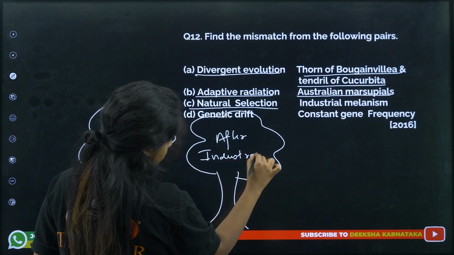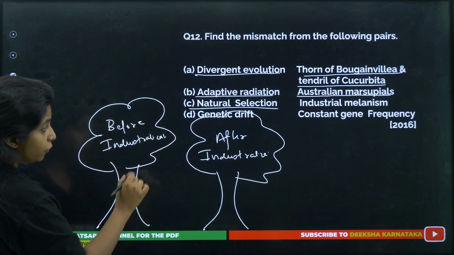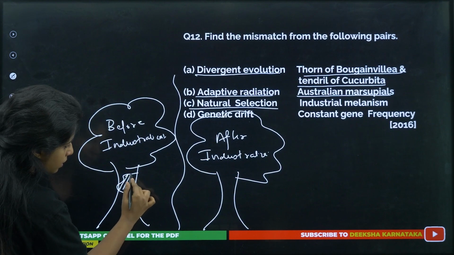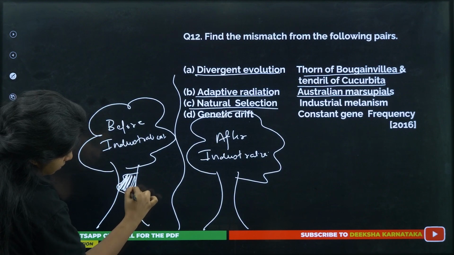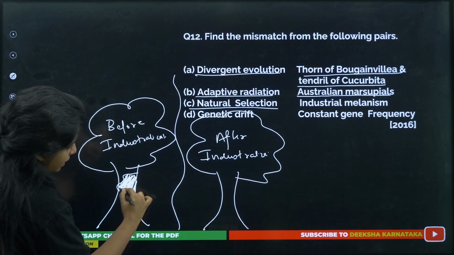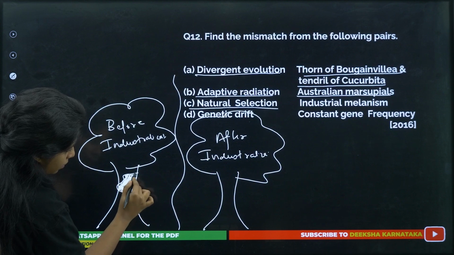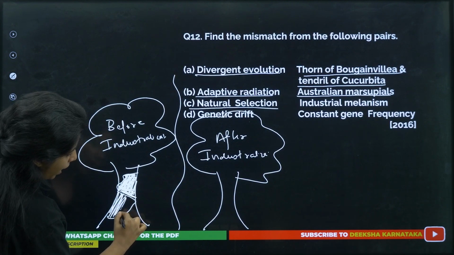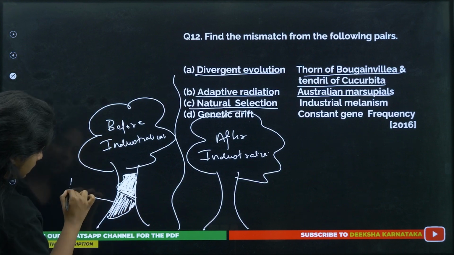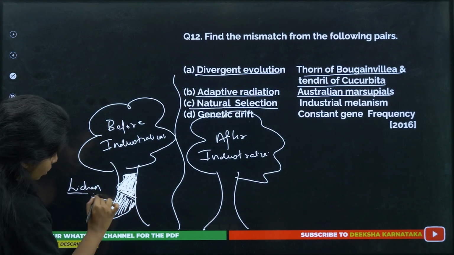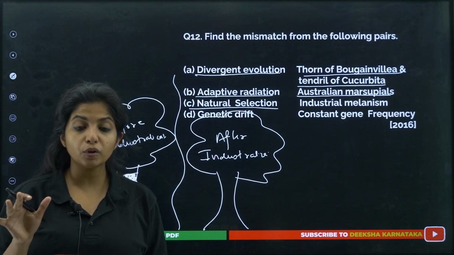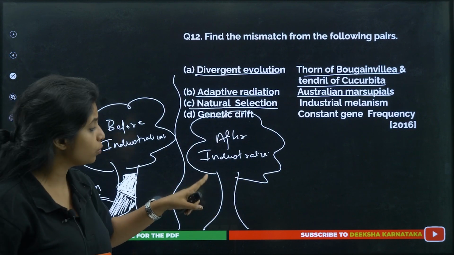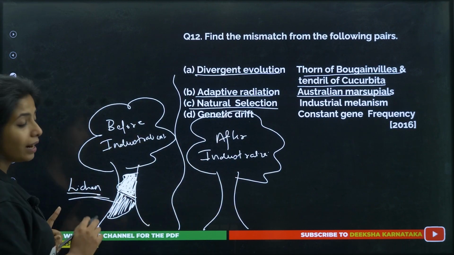Industrialization. So before, the air was really clean, and since the air was clean, there were so many things like this which were known as lichens, which is a combination of alga and fungus. What is this? Lichen. So lichen is a pollution indicator. It won't be growing where pollution is very much. So after industrialization, the pollution was way too much. It was not being found over here. So lichen you had initially.